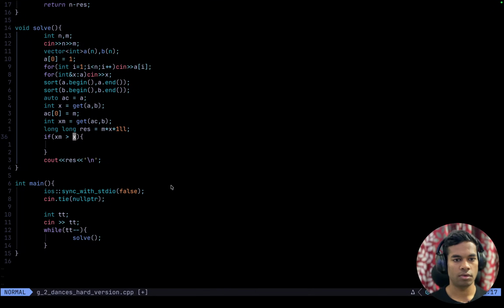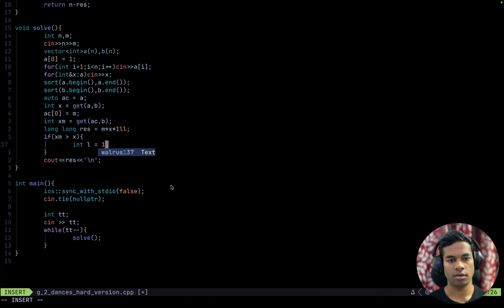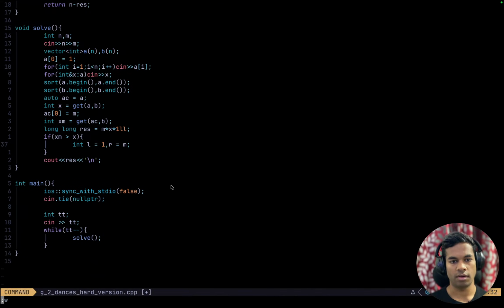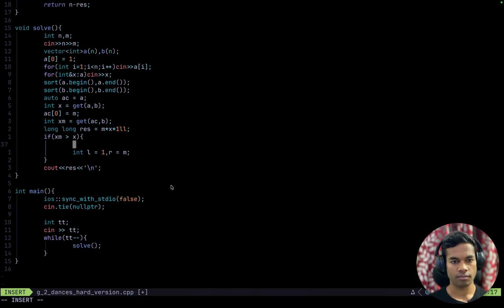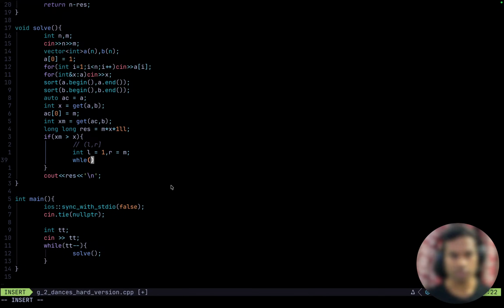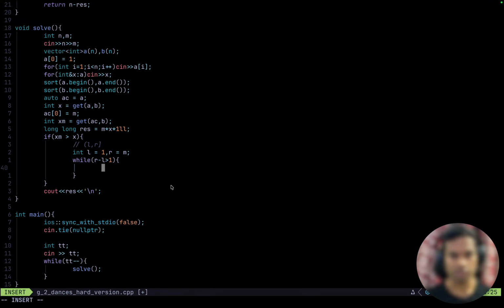So int L is 1 and R is m. What we do know is that at L we have the smaller answer and at R we have the bigger answer. So L is outside our range and R is inside our range. R is included but L is not included. So while R minus L is greater than 1,